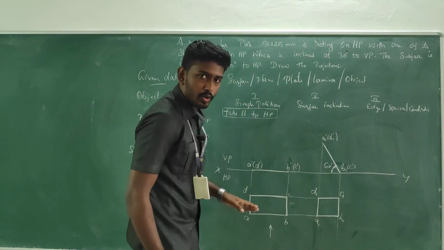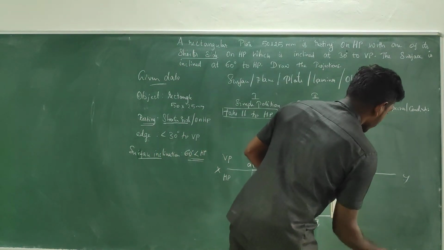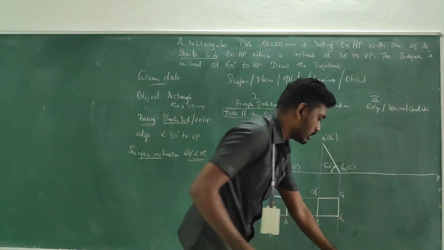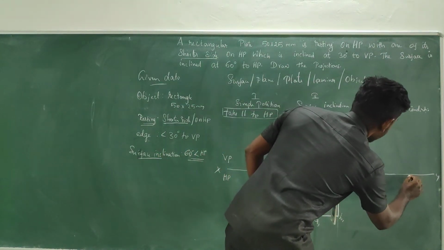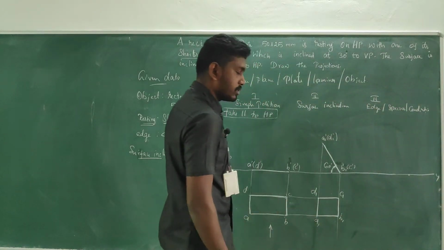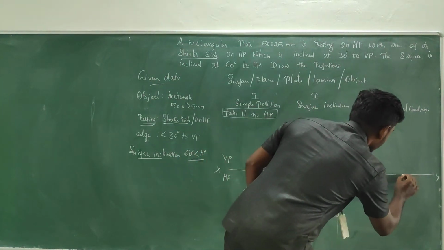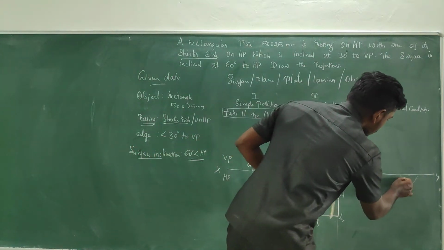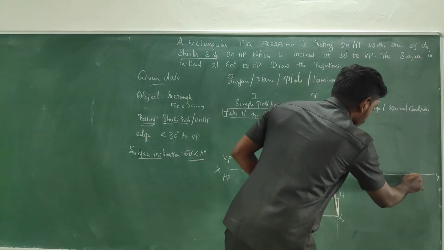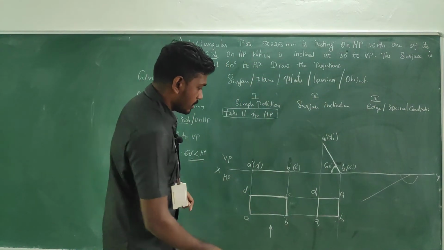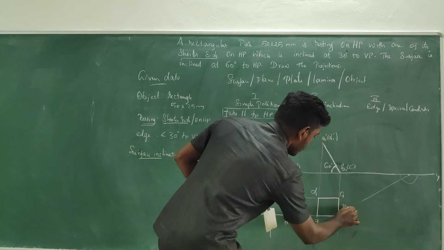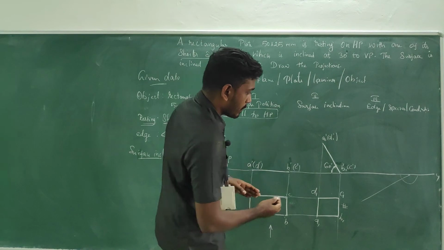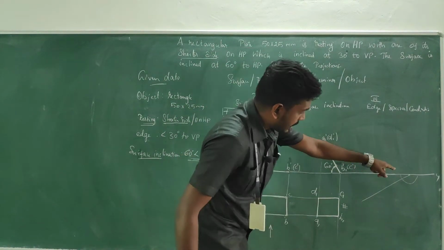So in the top view we are going to make the things. For that, just keep a point on the reference line, something like this. Okay, and next measure 30 degrees, somewhere here you will get it, and draw a line. Okay, this is the side that is going to tilt, right? So in order to tilt the edge, I have taken the line here.